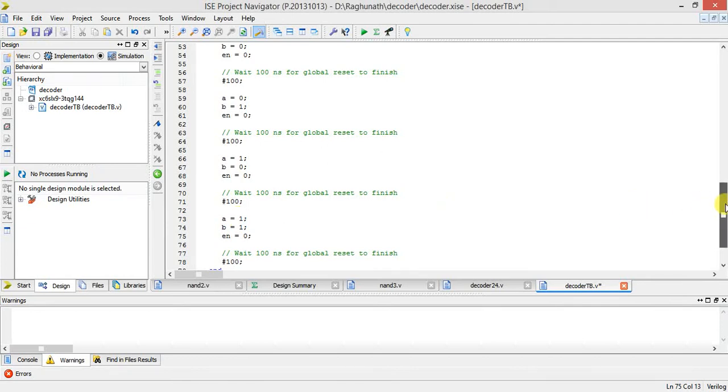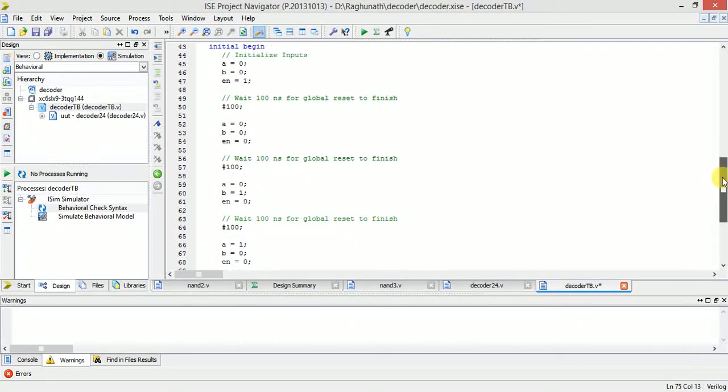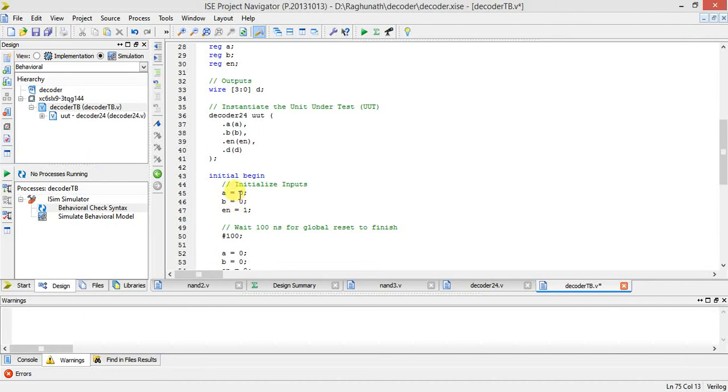So I'll repeat. I created it: right click on the file here, then select Verilog test fixture. By default it will open A is equal to 0, B is equal to 0, enable is equal to 0 and #100.